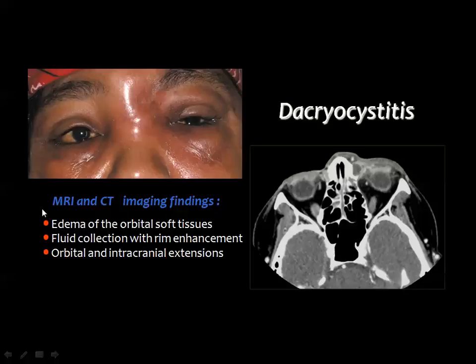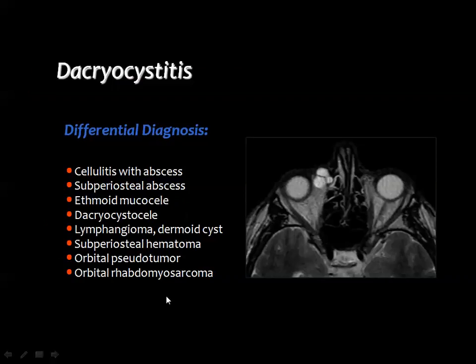Then the MRI and the CT findings will include edema of the orbital soft tissues, fluid collection with marginal enhancement denoting the presence of an abscess, and orbital and intracranial extensions sometimes may be seen. Then this dacryocystitis, being a cystic lesion along the inner wall